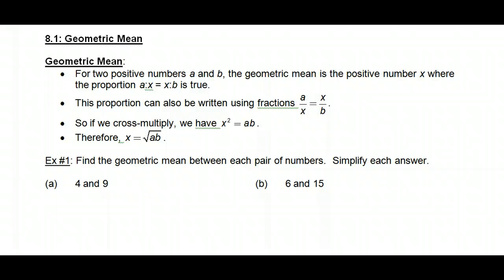Okay, so geometric mean is a proportion of, if we have a to x, then that's going to be the same as x to b. And I'll show you later on the right triangle where we get that proportion. So if you cross multiply, you get x squared is equal to ab. So the geometric mean is found by taking the square root of the product of the two numbers. Okay. So if we have 4 and 9,